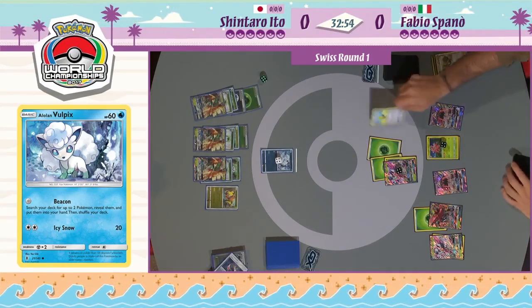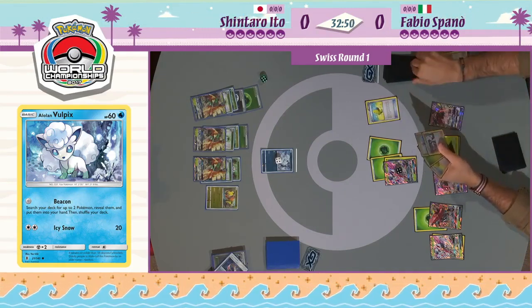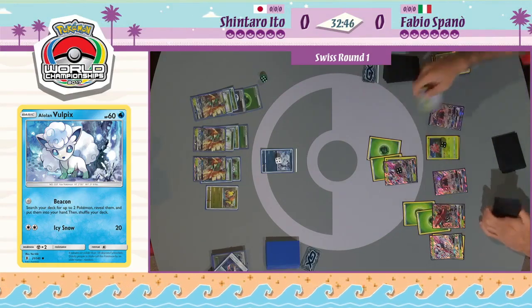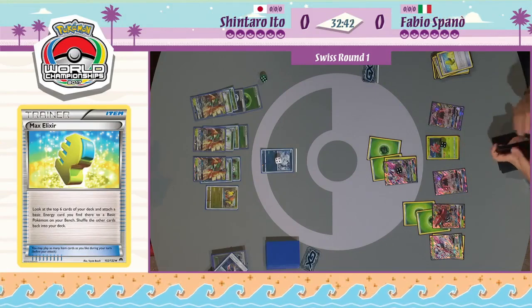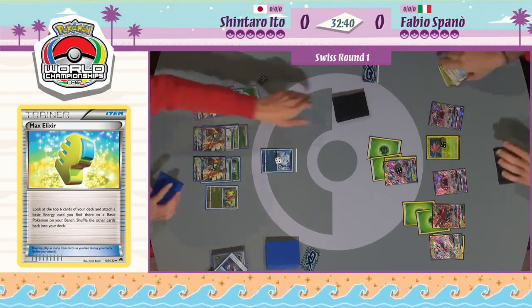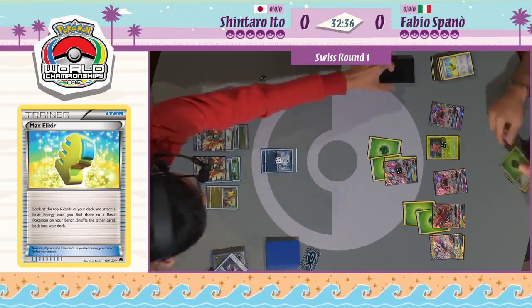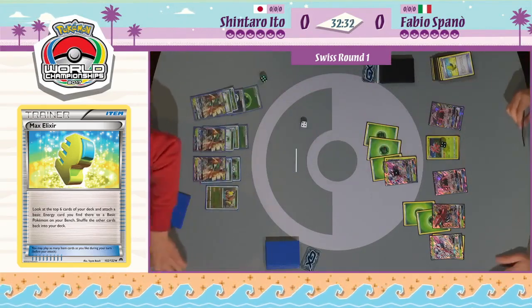Now, Fabio did not Hex Maniac this turn, which is now going to lead to 60 damage worth of Feather Arrows. I think that's going to be enough to really swing the game in Shintaro's favor, unless Fabio can start getting some sort of a chain going at some point and return knockout with these Tapu Bulus. That's kind of going to be what I expect to see in these next couple of turns here from these players. But Fabio, in the meantime, knocking out this